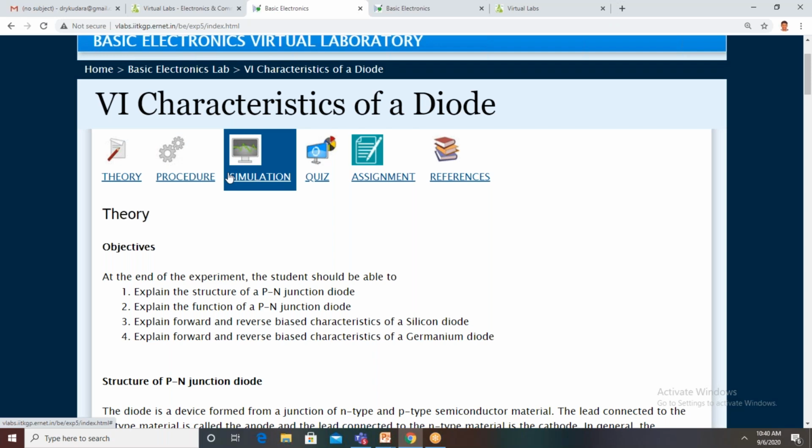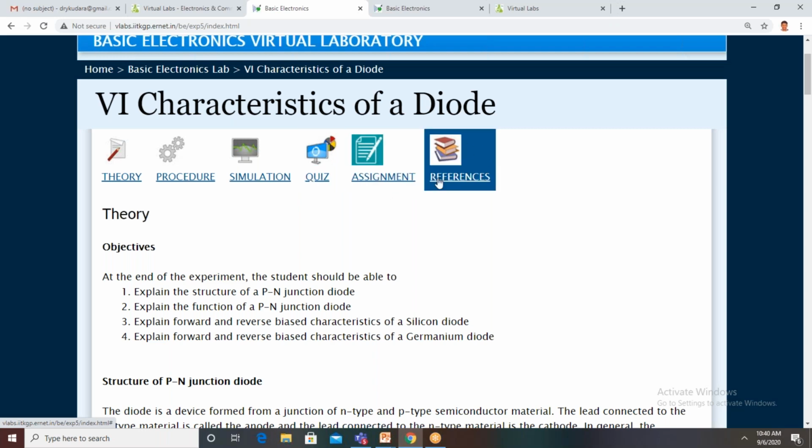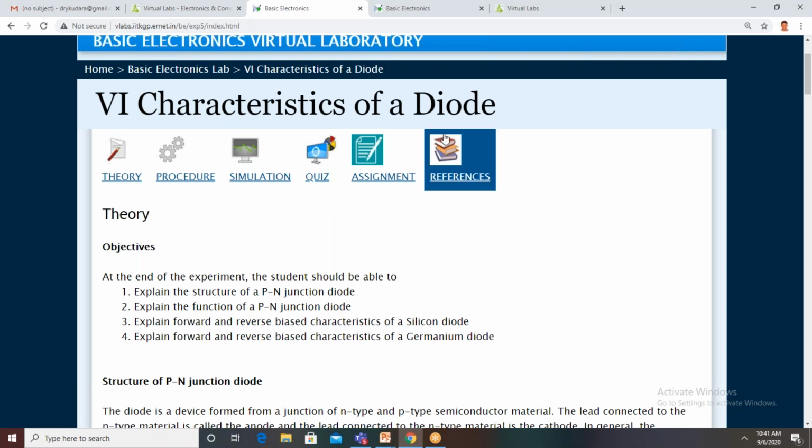And we go for simulation. Then after completion of the experiment, we can also conduct quiz examinations for students. And this is assignment. And these are the references. These references are for the theory and procedure. All these are framed using these reference textbooks.